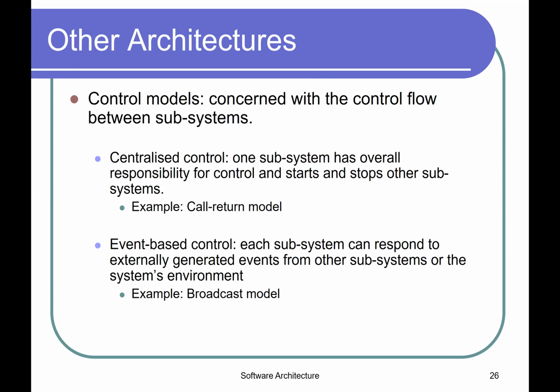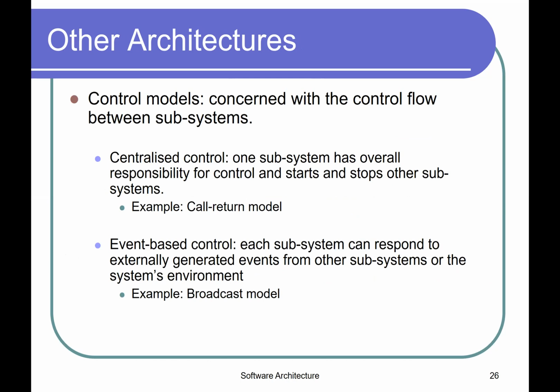The con, however, is that it's sometimes difficult to structure a system in such a clear-cut way. Now the types of architecture, control models, like say a centralized control. This is SE100 stuff. We have a main function calling other sub functions, and then a sub function calling, and then going back again to the main. So a tree structure going on, with a centralized command.